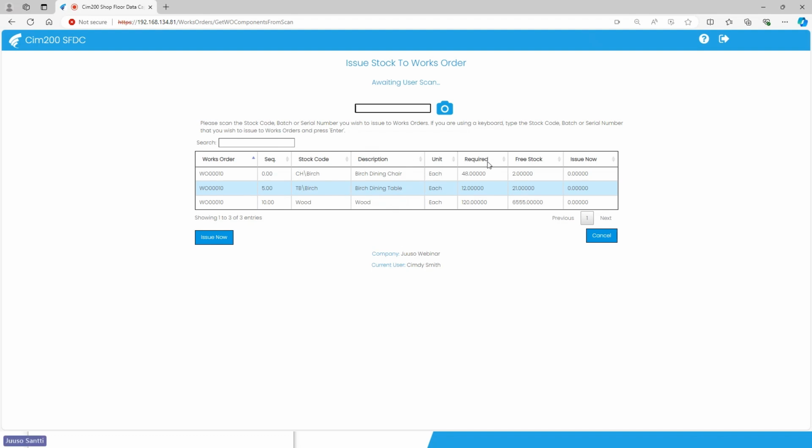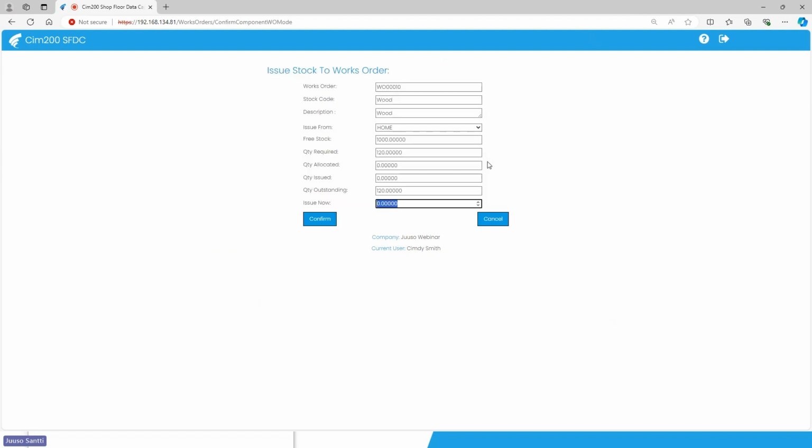Then I can use a number of different devices for scanning. I could type it in, or I can use a scanner. It has gone to sleep, so I have a Bluetooth scanner here that I will be able to use and issue stock of wood. It will tell me where the item is coming from, what is allocated, and